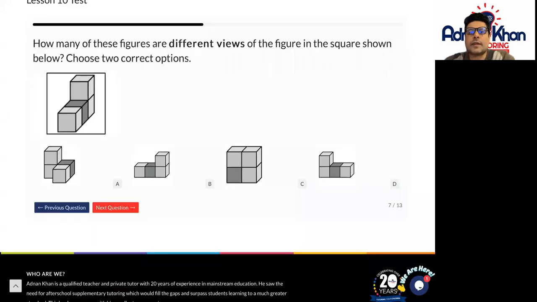This example question is slightly different. How many of these figures are different views of the figure in the square shown below? So in other words, this particular square, and we can see the figure in this square. How many more figures, A, B, C, or D, are similar to the figure in the square box? In other words, how many figures are in different views? They could be laid out slightly differently, so long as the block figure